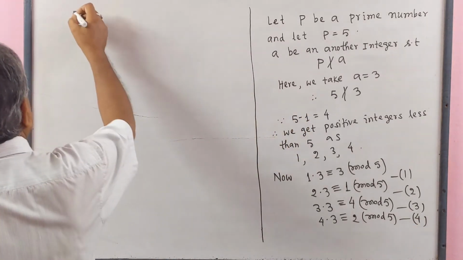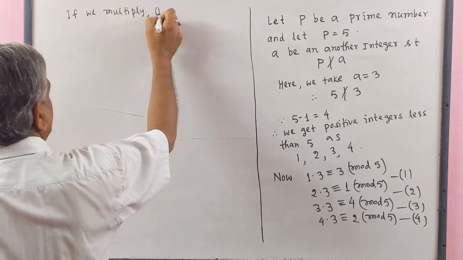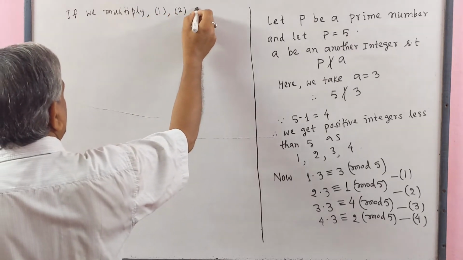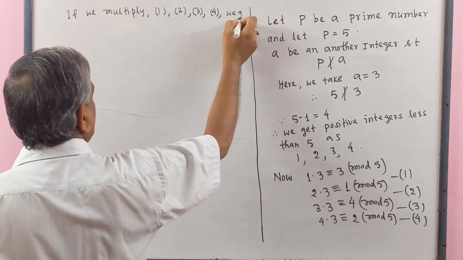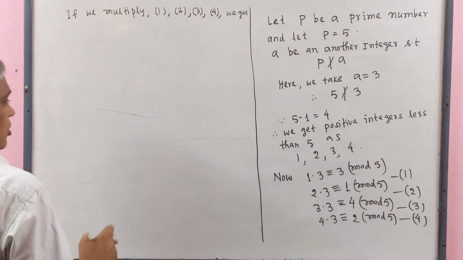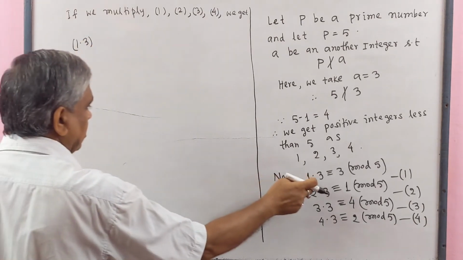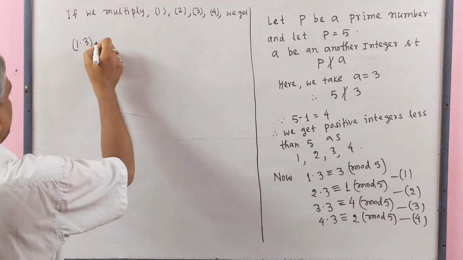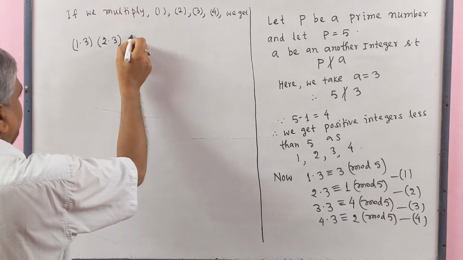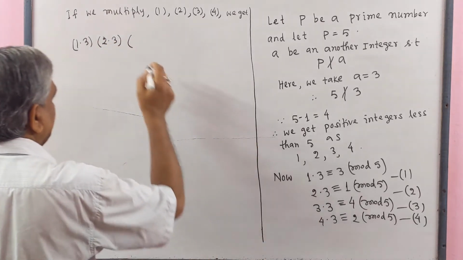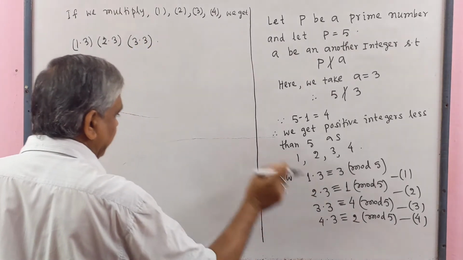If we multiply 1, 2, 3, 4, we get 1 multiply by 3 left side, multiply 2 multiply 3, multiply 3 multiply 3, multiply 4 multiply 3,